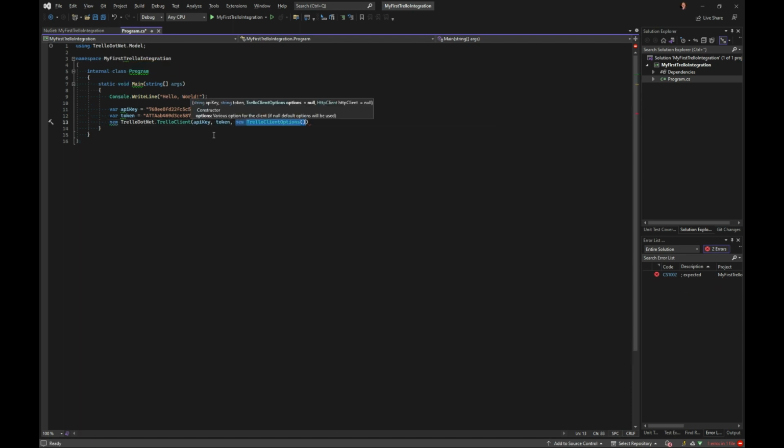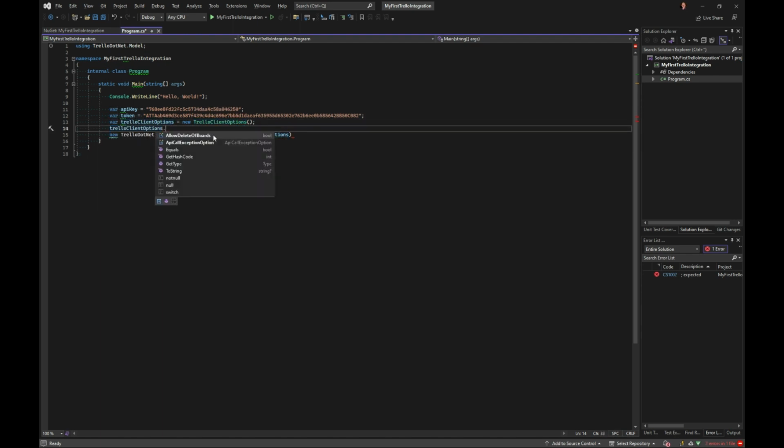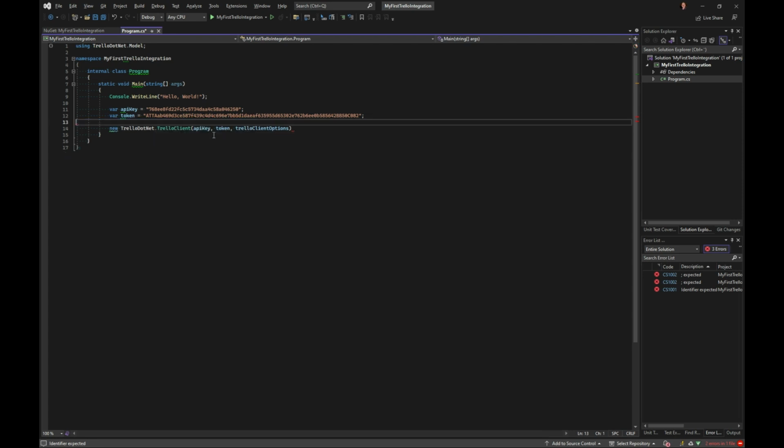In a similar manner, the options, if we have a look at those, at time of this recording, there's two options. One is an extra confirmation of allowing to delete boards. So there's a method to be able to delete boards in the Trello client, but you need to also set this to true in order to do that. And in the same manner, if you get exceptions, how much should the exception expose in terms of the URL? Should it show the API key and token and so on? We will just leave them out for now, because the default options are what most people need.